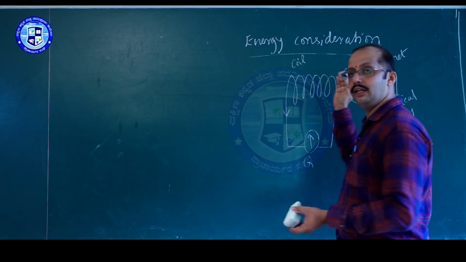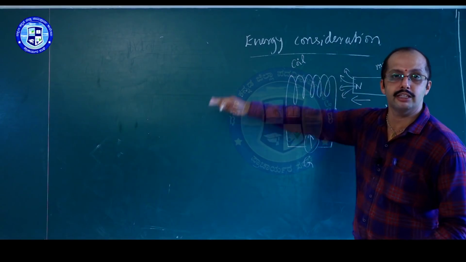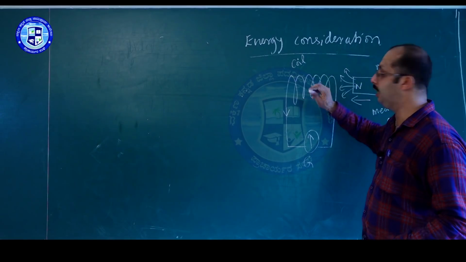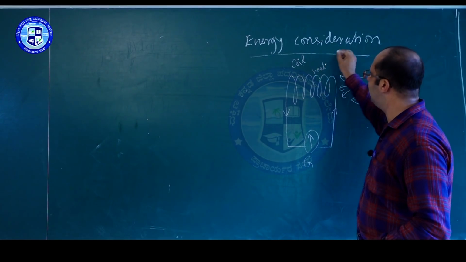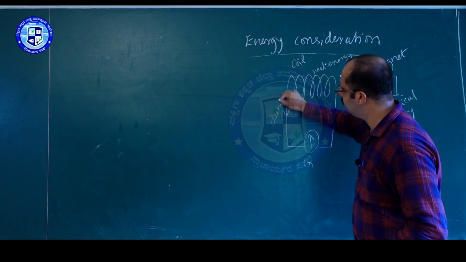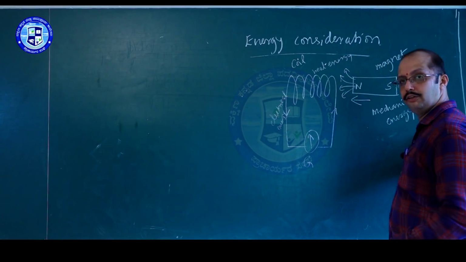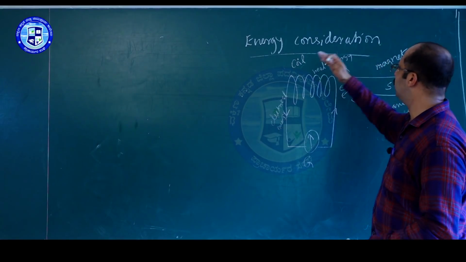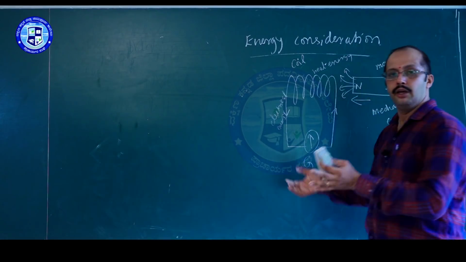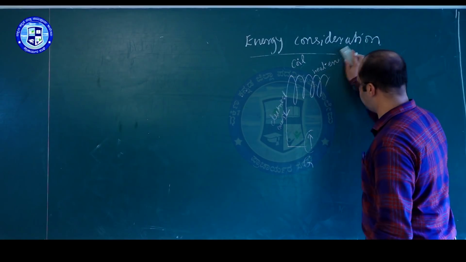So energy can neither be created nor be destroyed, it can be converted from one form to another form: mechanical energy to electrical energy, and it in turn is converted into heating the coil, heat energy and electrical energy. Right. So mechanical energy is converted into electrical energy, then in turn converted into heat energy. So that is represented as Pj, joules heat. So this way you explain the law of conservation of energy in this particular coil magnet experiment also.